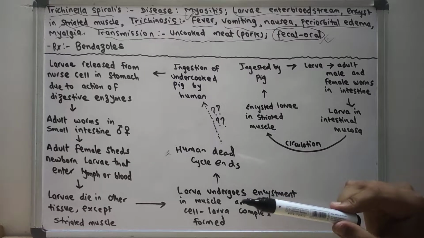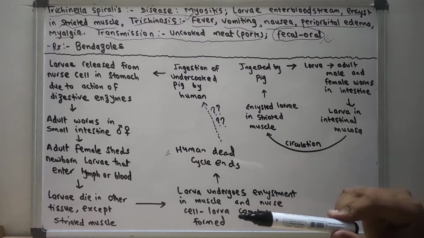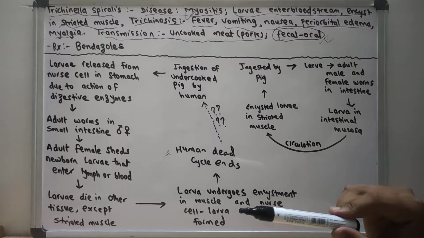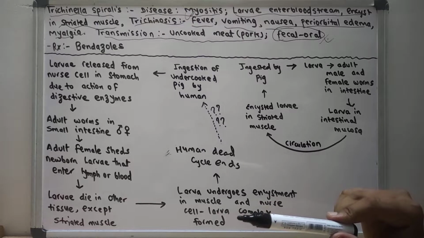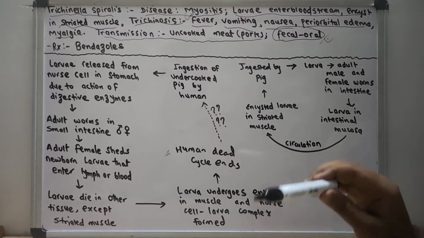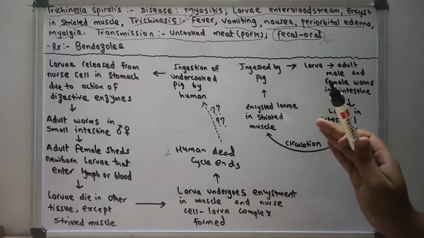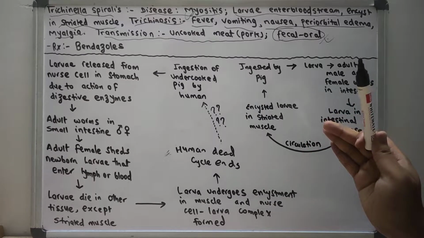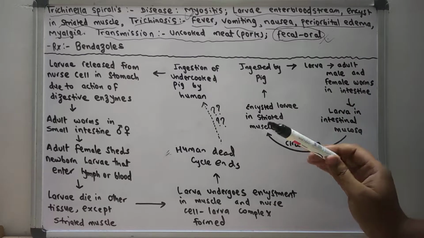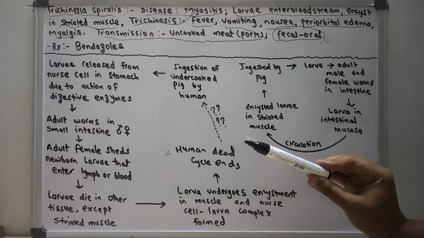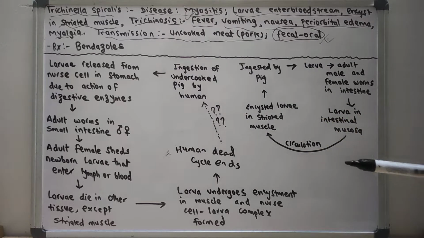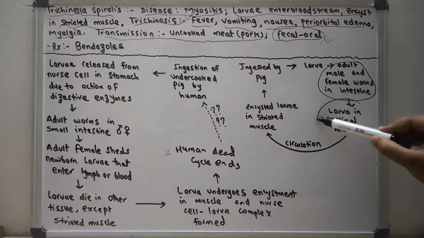Now you can see there are mainly two cycles of the Trichinella spiralis. One occurs in the pig, which is the definitive host, and the intermediate host is the human. There are adult male and female worms in the intestine of the pig, and the larva in the intestinal mucosa is present,